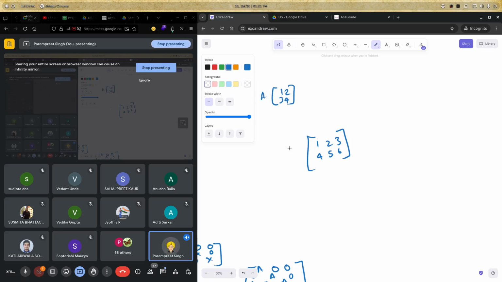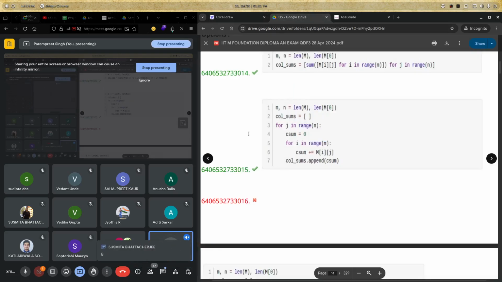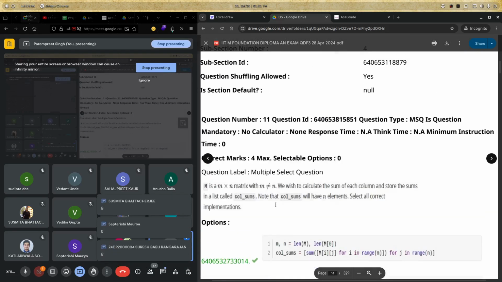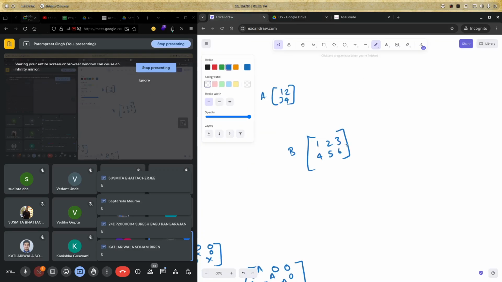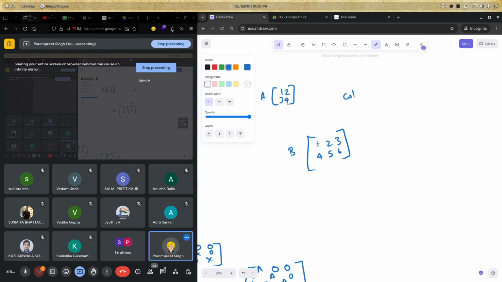This A or B? B will work, right? Because we have m not equals to n. Okay, B. And in B, we have a column sum list where we have to store the sum